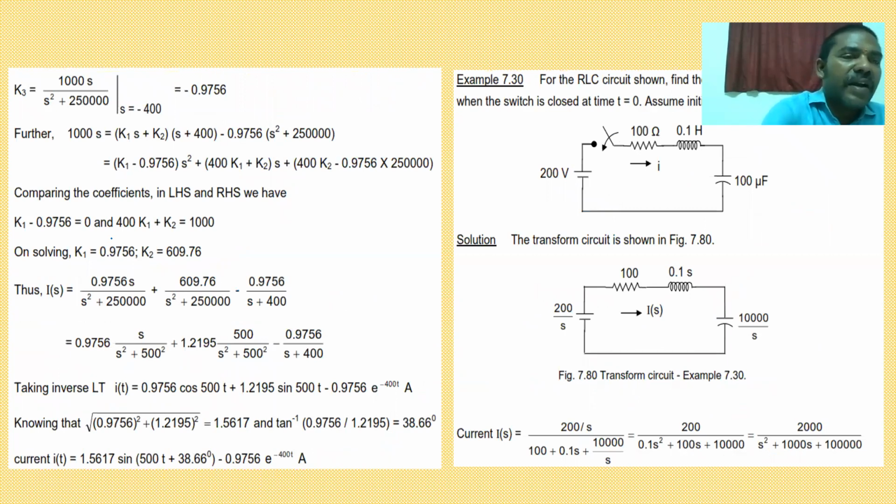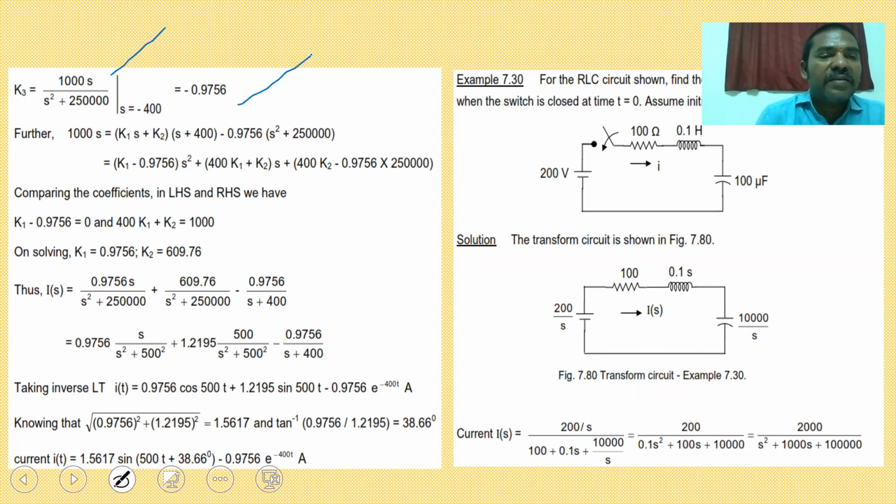So finally you can get 1000 s divided by s square plus 250000 such that s is equal to minus 400. So then you can get minus 0.9756. Then for finding the other two values, so 1000 s is equal to